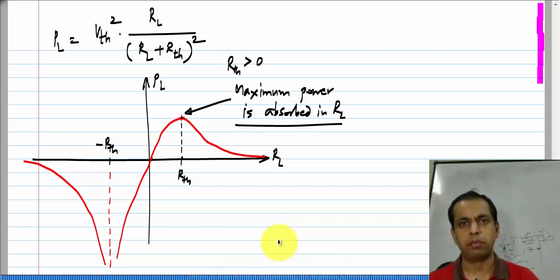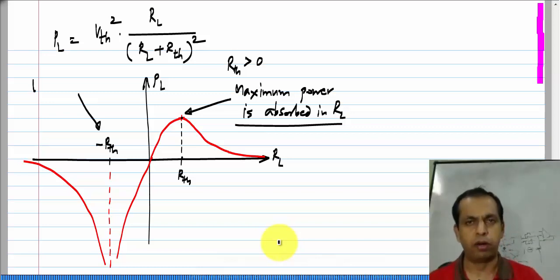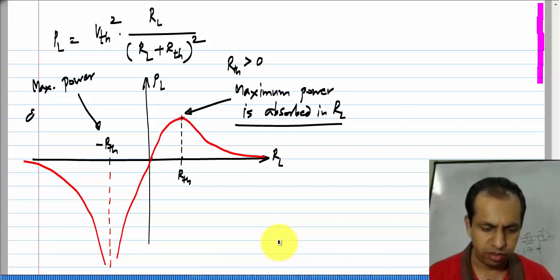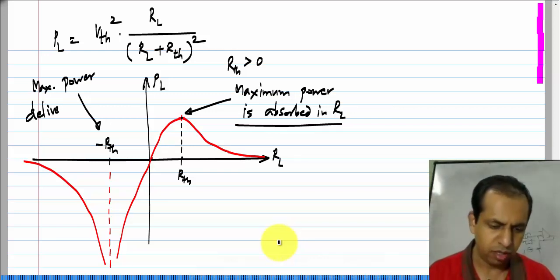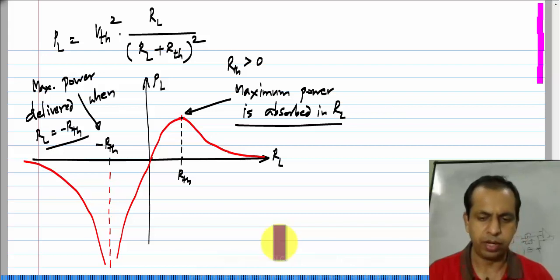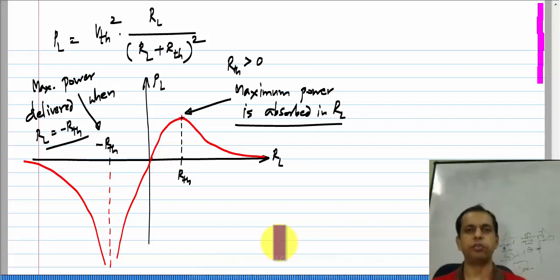And if you say maximum power absorbed or delivered by RL, the maximum power will be delivered when RL equals minus RTH. Okay. But of course, this is not a very useful result, because this means that RL itself is